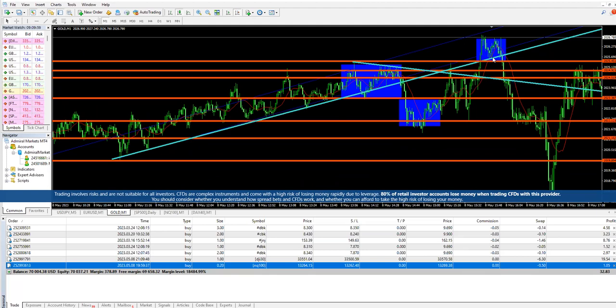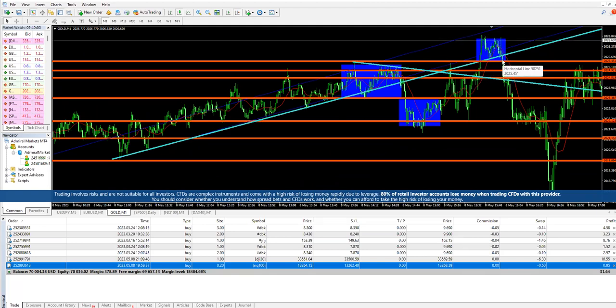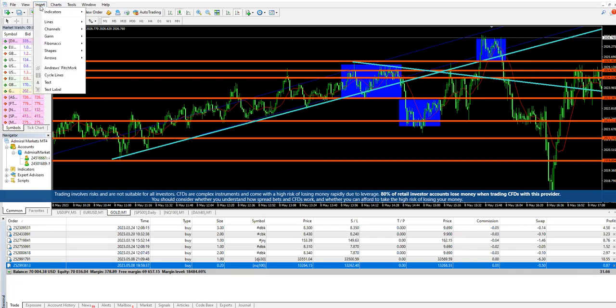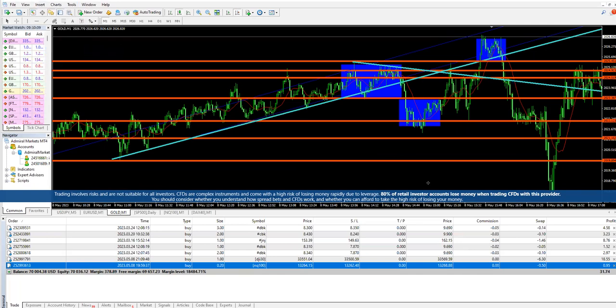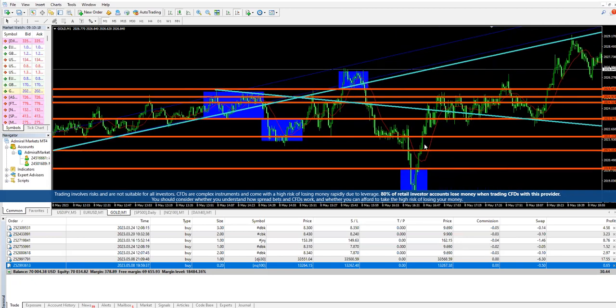This is a false breakout. We are above the resistance, but we are coming back again under the resistance level. False breakout is a good entry setup for scalpers and day traders. False breakdown here is the opposite side. You can go long, set the stop loss somewhere here. So with gold, you can make money,